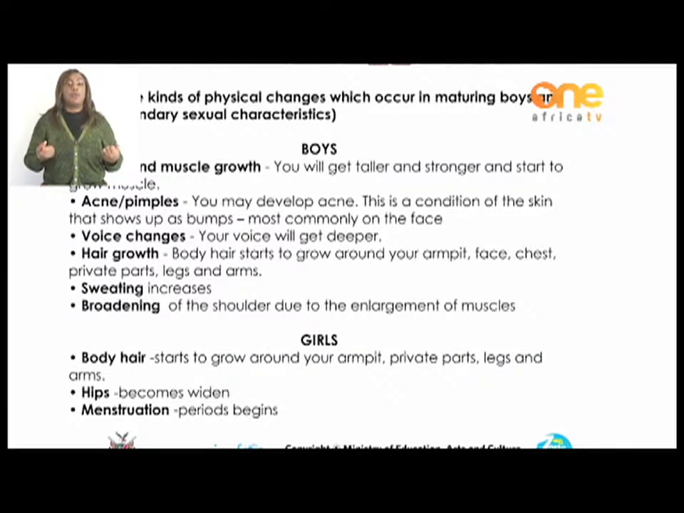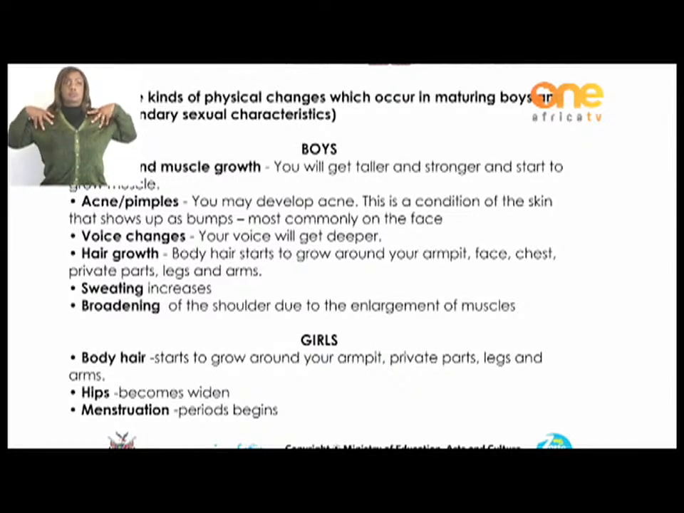Explain. So we have listed already the changes and start to grow muscles. Acne or pimples, you may develop acne. This is a condition of the skin that shows up as bumps. Voice changes. Your voice will get deeper. Hair growth, body hair starts to grow around your armpit, your chest, your private parts, legs, and arms. Sweating increases. Broadening of the shoulder,